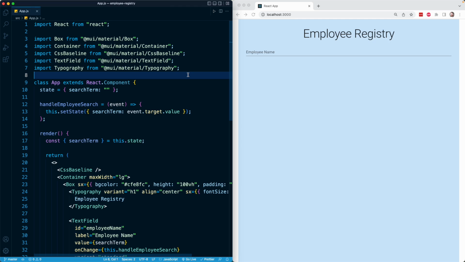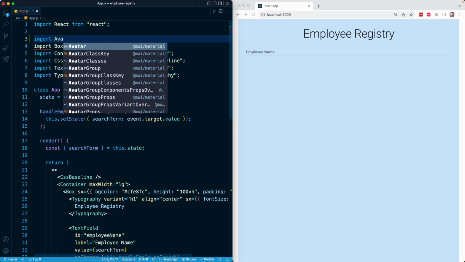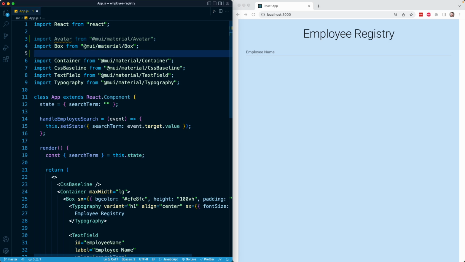Once again, I'm going to keep them alphabetical, and we'll begin with an import of Avatar from @mui/material/Avatar. An avatar is essentially a circular logo, and typically this is where you might inject something like a user profile image on a website. But for us, we're going to use an avatar to store the user's initials on the eventual card that we create. Afterwards, after Box, I'm also going to import Card from